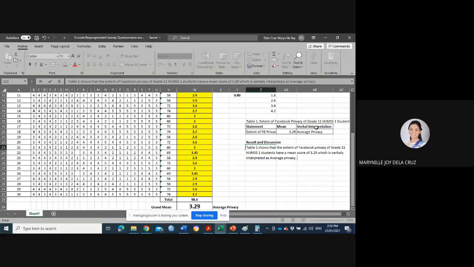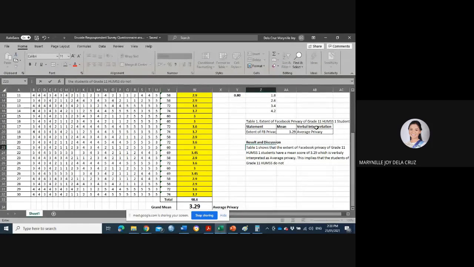Now, you're going to write the implication. This implies that the students of grade 11 HUMSS do not